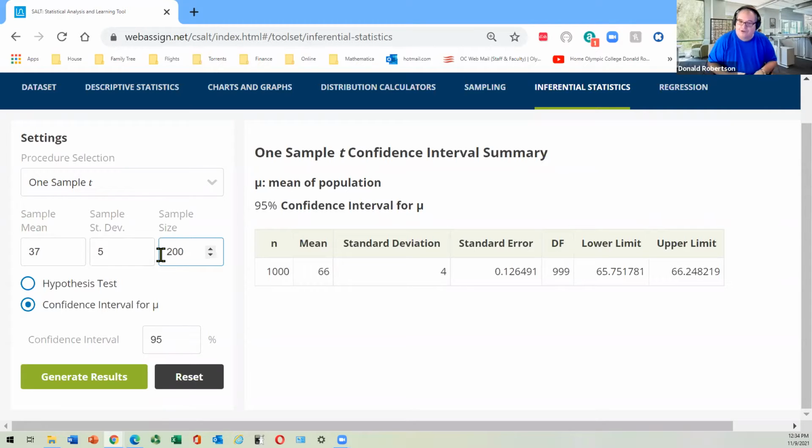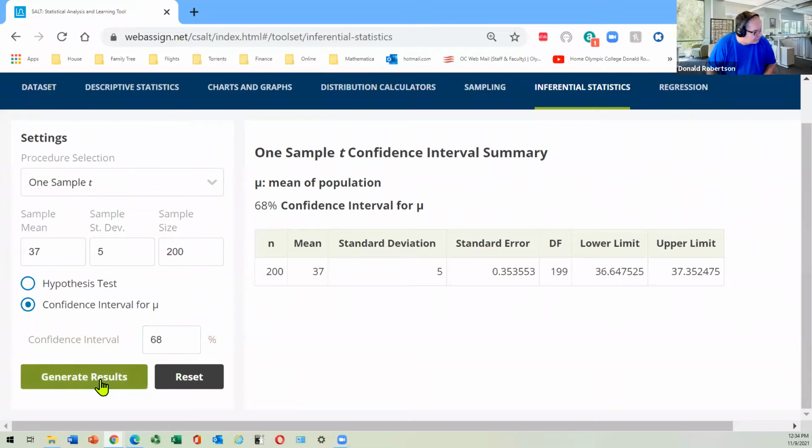Because that sample size is 200, wouldn't you expect a bigger range of values, right? A bigger width, which is typical. We're going to turn this down and we're going to do a 68. And I'll generate the results. And the results that we have are, I'll do it to one decimal place, 36.6 to 37.4.